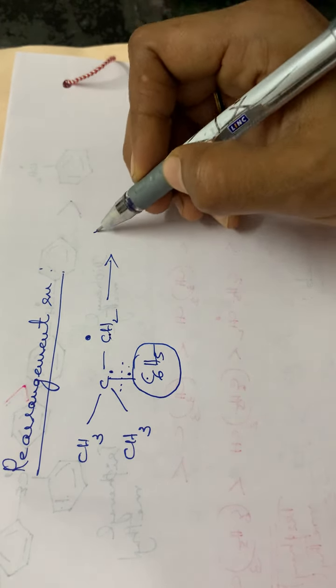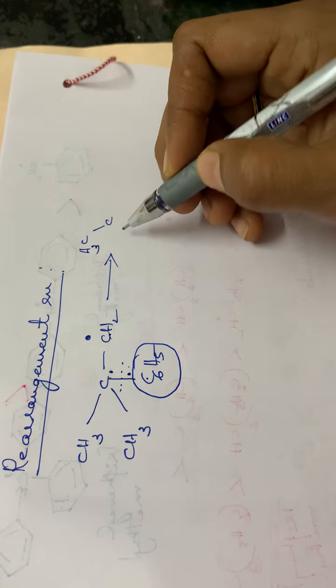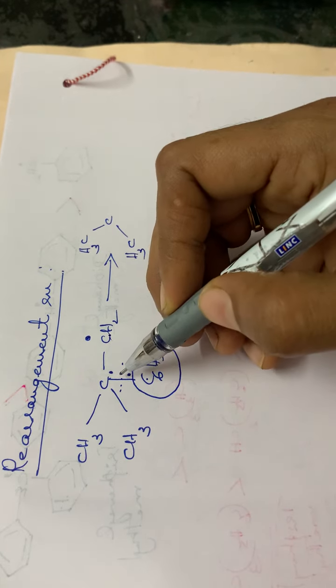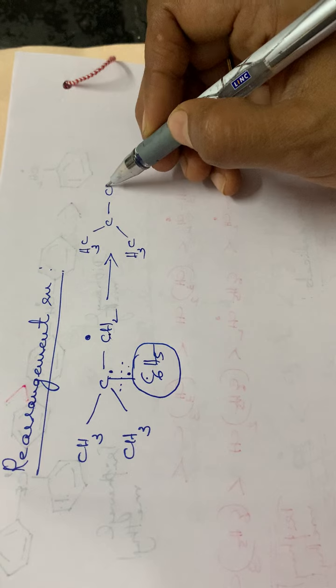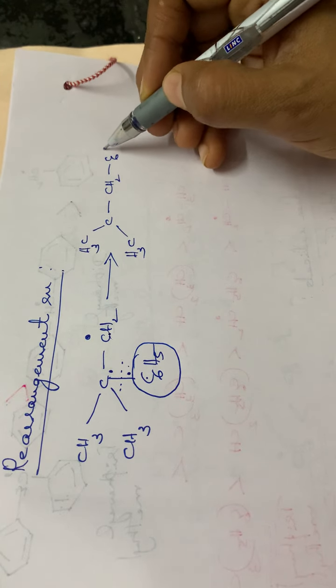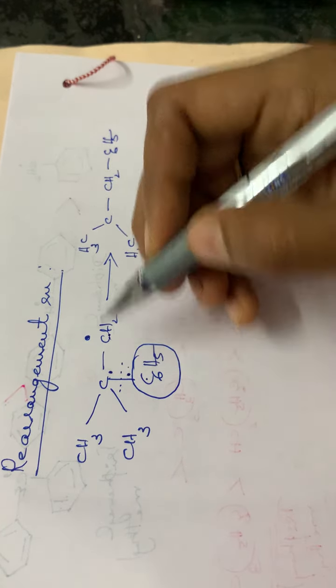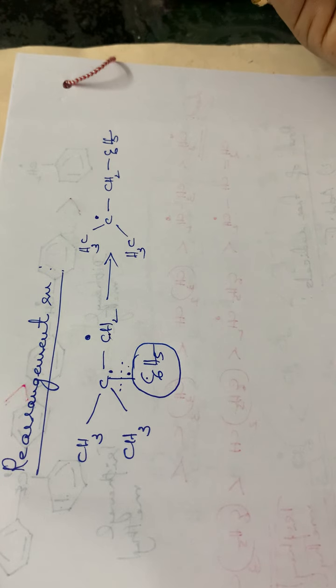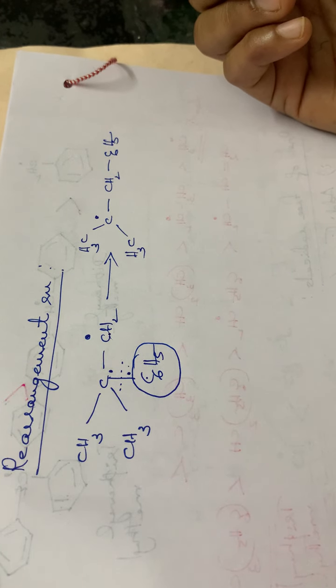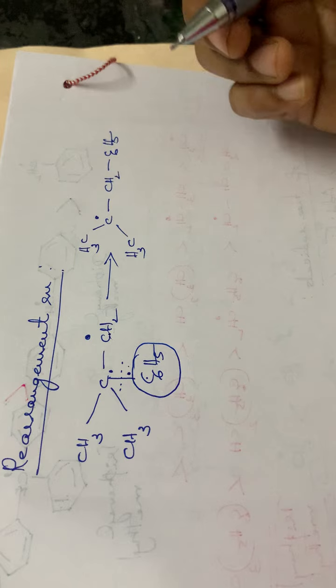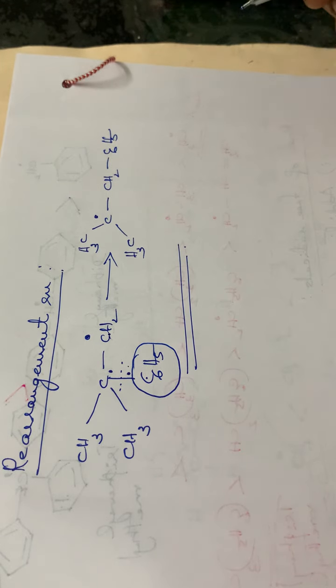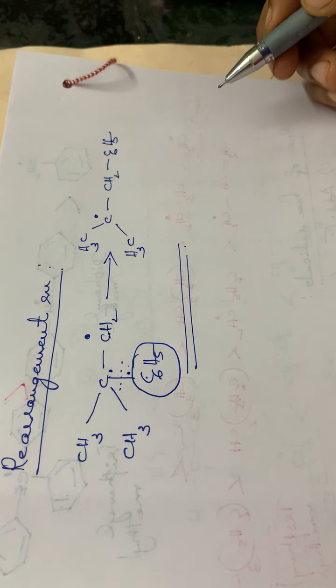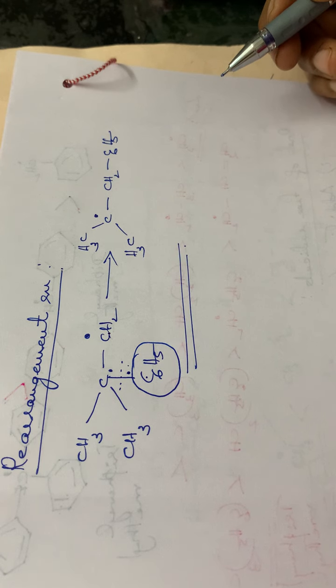So here a bond is formed between this carbon and this C6H5. I am writing that particular bond, CCH3, CCH3. Then this C6H5 is moved to this carbon atom, so CH2, C6H5 it becomes. Then this carbon will be having one free electron as such. This is the rearrangement reaction. So these are some of the important reactions of these carbon free radicals.